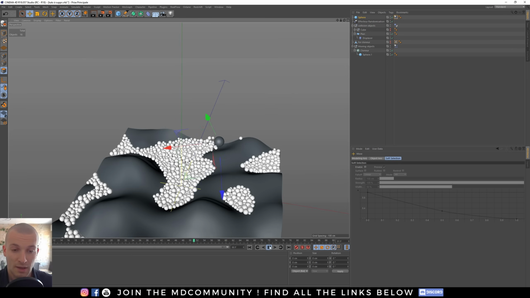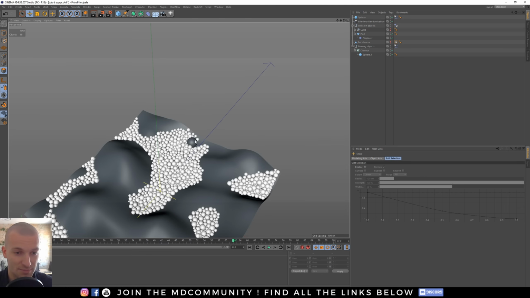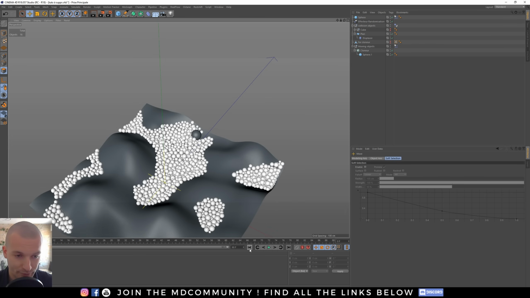If I delete or remove this tag now, my sphere will keep this position. So it's a nice way to put an object on the floor, or lots of objects on the floor: you run the simulation, you wait, and afterwards you delete the tag. But here I don't want to do it.